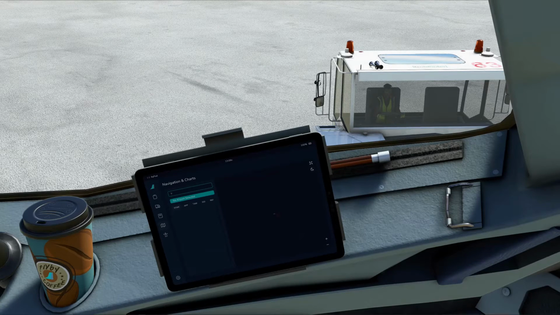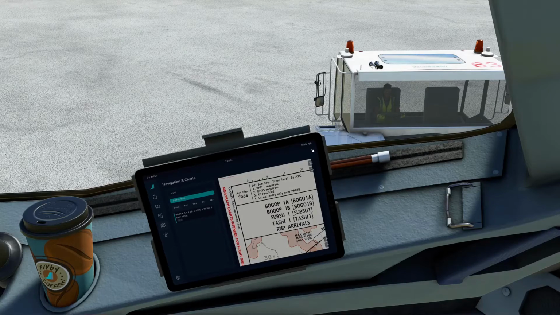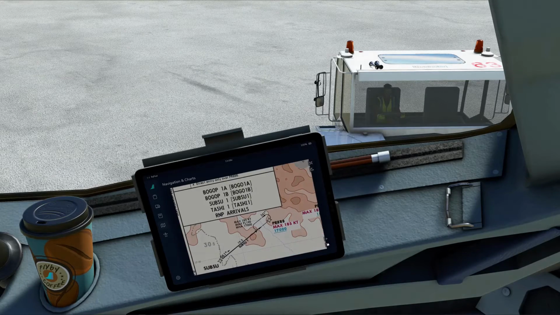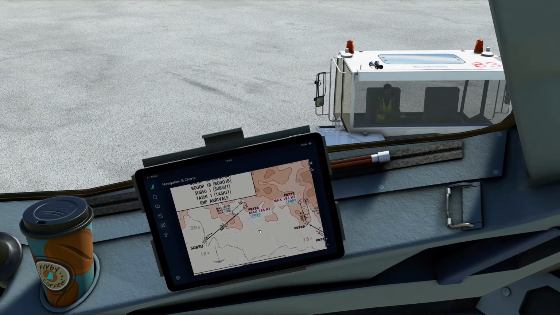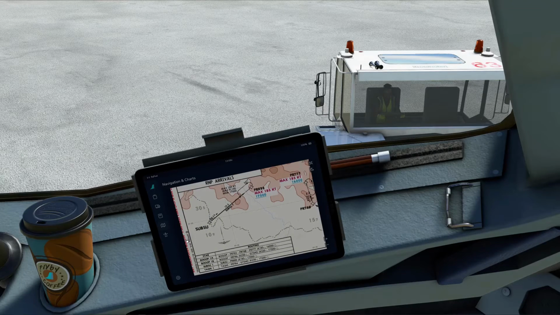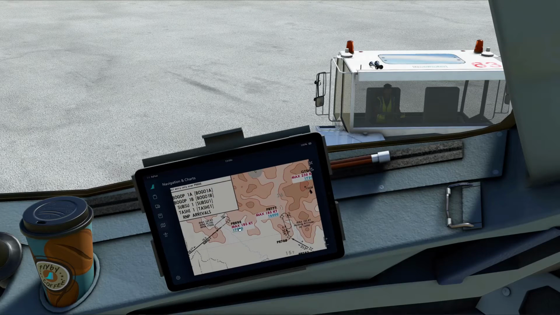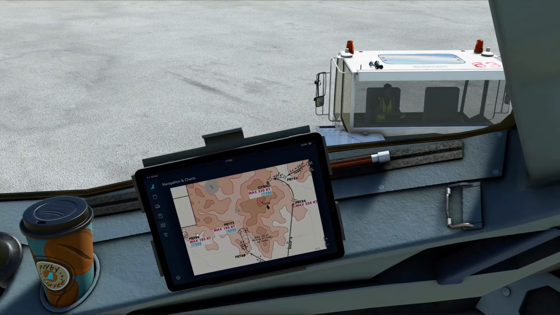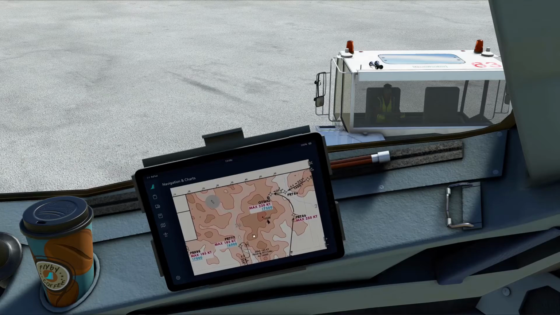I'm going to type in Victor Quebec Papa Romeo, and there you can see, let's get the bigger page on that one. Right, okay, so we're going to be coming in from this direction here, SUBSU, and we're going to have to be no less than 17,000 at maximum speed 185, okay, and we're going to be snaking around here.